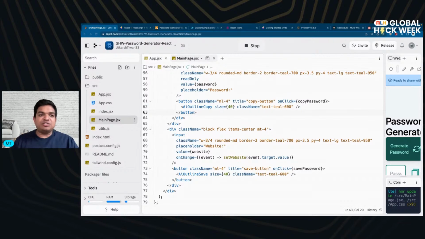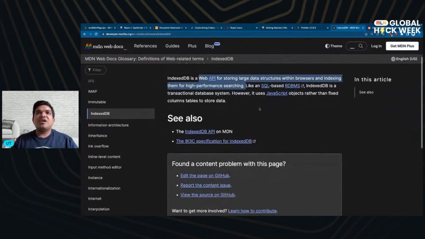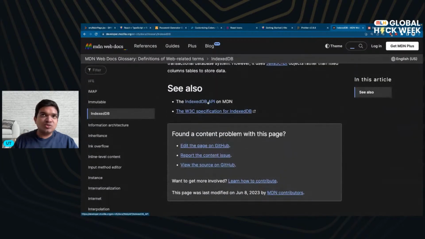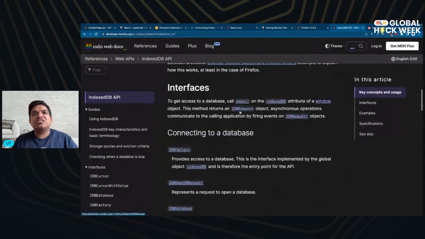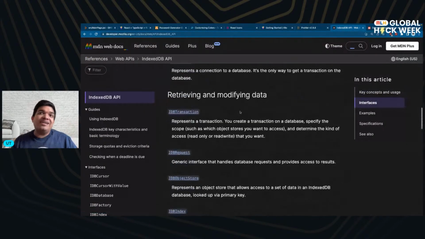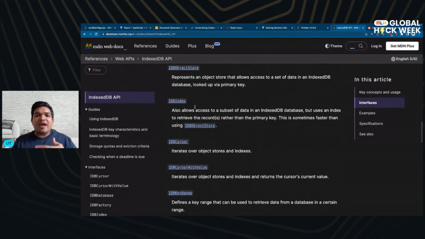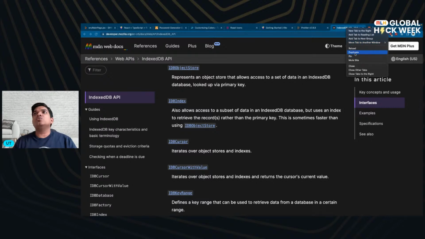We have to add IndexedDB. So for adding IndexedDB, I am actually going to use another library. I know I used a lot of them. You can use IndexedDB directly, adding data. But I think a good wrapper around it, which gives us more of a JS-like feel, would be better. And that is why I am going to basically use